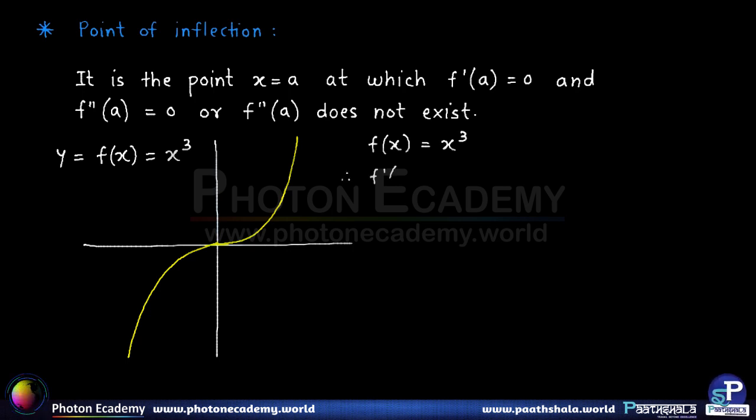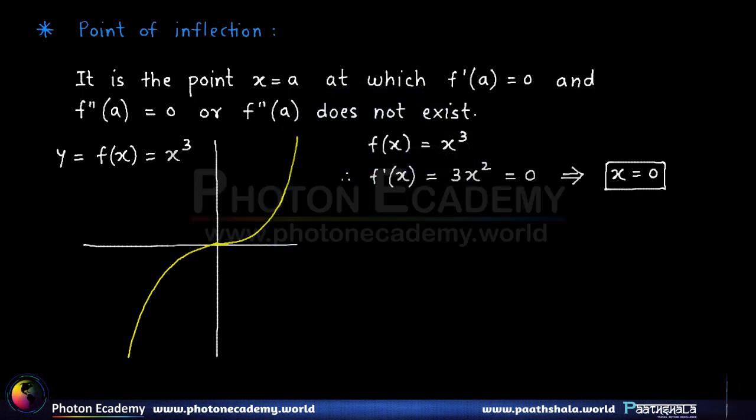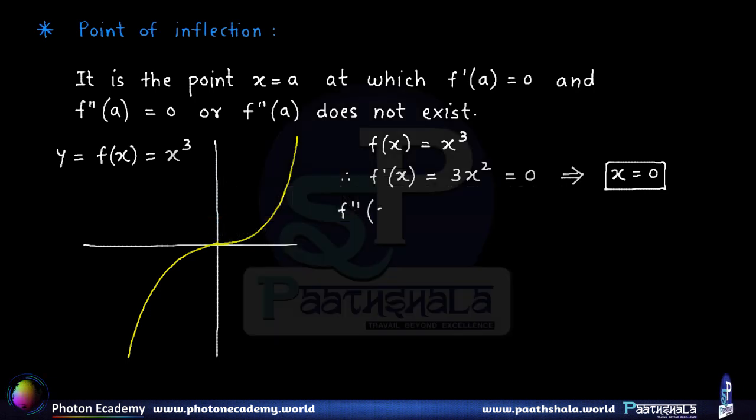Firstly we find the first derivative, that is 3x square, and to find the point of maxima as well as minima we must have the first derivative equal to 0. So if 3x square is equal to 0, that gives us x equal to 0. So here we get an impression that it's the point x equal to 0 where the function attains either maximum or minimum, right, as per the condition seen earlier. Now to distinguish whether it's a point of maximum or minimum, we must calculate the second derivative and check its sign at the point x equal to 0.